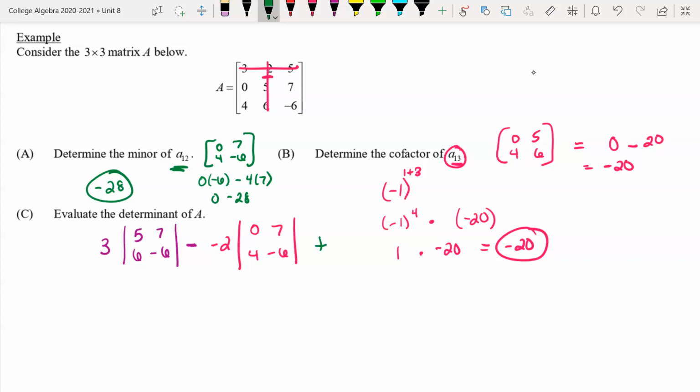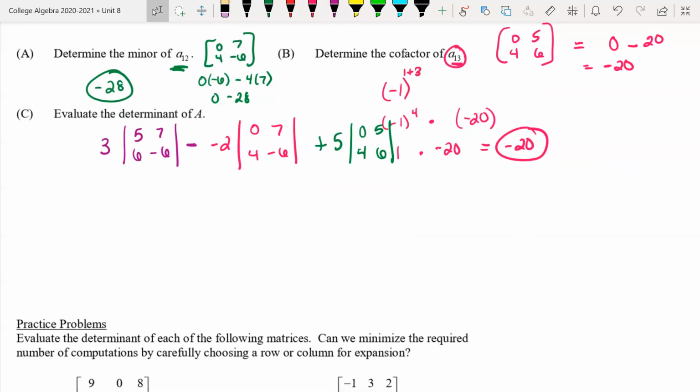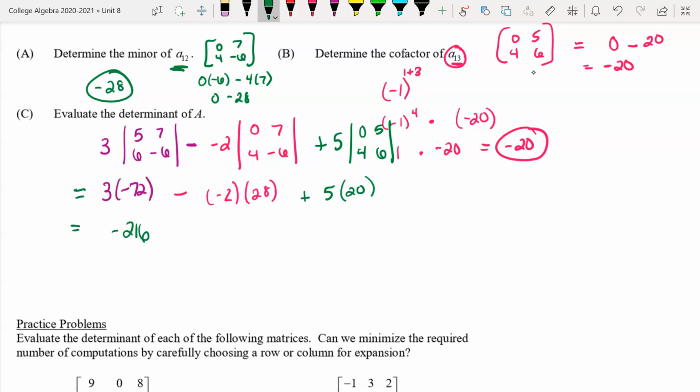And lastly, it's plus. Now we're going to do the third one, 5. So get rid of that row and that column, 0, 5, 4, and 6. So I'm going to find the determinants, and I'm going to multiply it by 3. So this determinant is negative 72. Okay. Minus, this is going to be negative 2 times 28. And then plus 5 times 20. So when I do this, I get negative 216. This is negative 56, but it's minus, so it turns into,